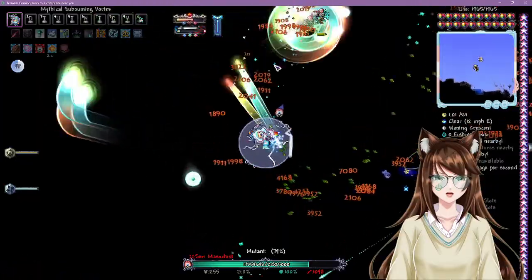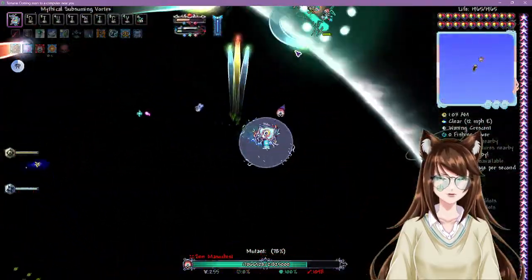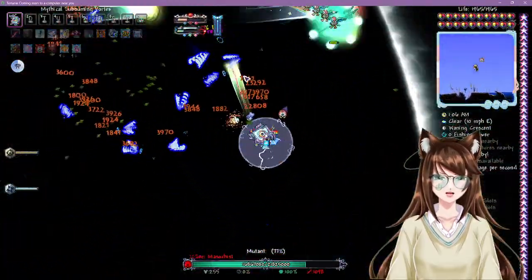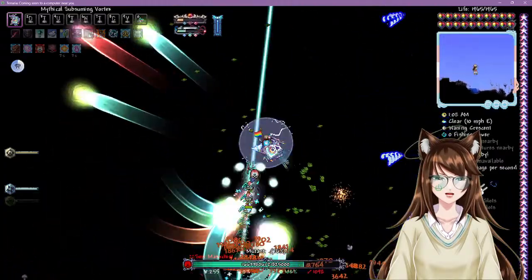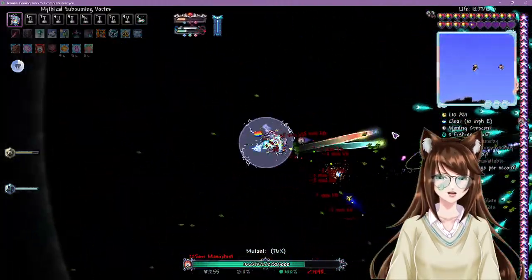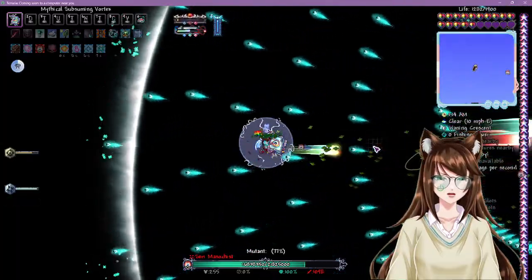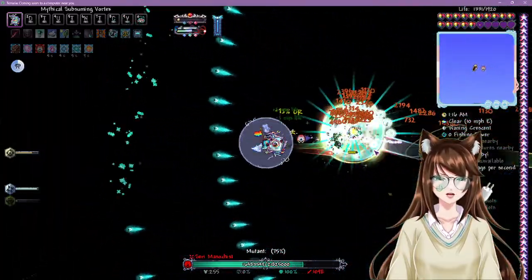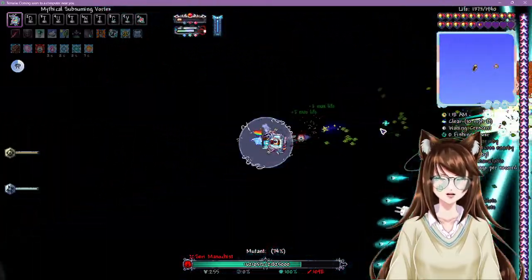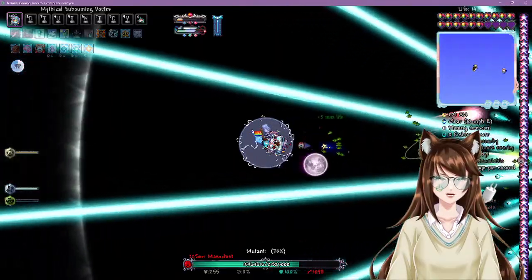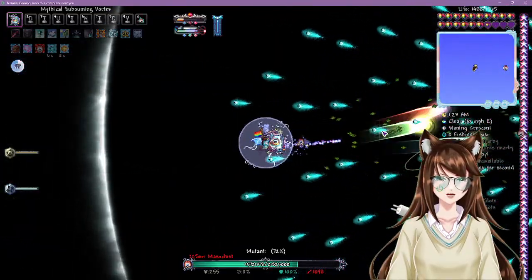There's hundreds of damage. His damage numbers would instantly kill a vanilla player, a vanilla endgame Terraria player, mind you. That's how strong these attacks are.